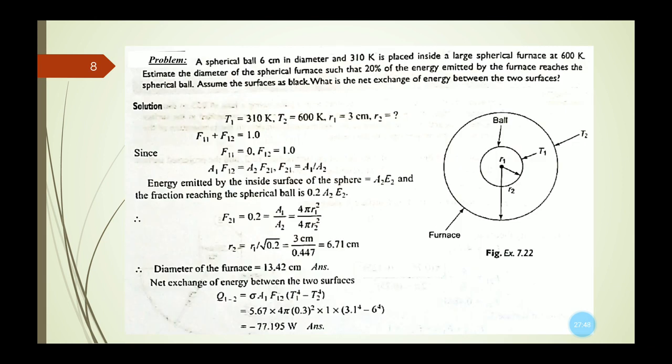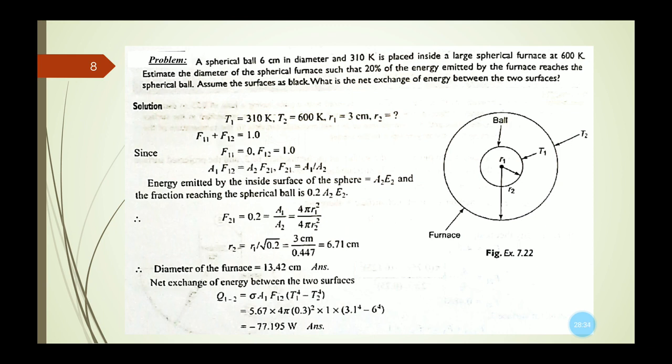What is given here: a spherical ball 6 centimeter in diameter at 310 Kelvin is placed inside a large spherical furnace at 600 Kelvin. This is given in this diagram. A spherical ball is placed inside a large spherical furnace. So R1 is the diameter of the spherical ball, and R2 is the diameter of the larger spherical furnace. Now we need to estimate the diameter of the spherical furnace, that is 2R2, that is D2,